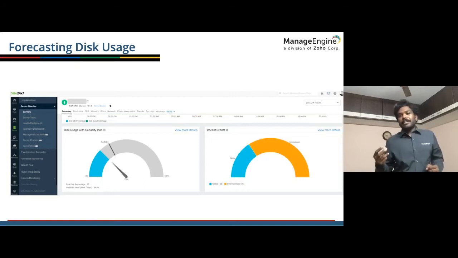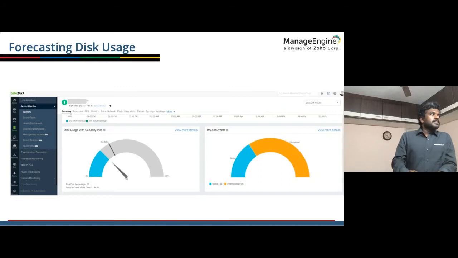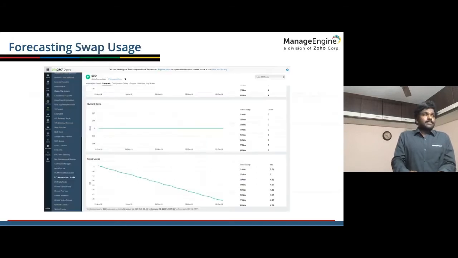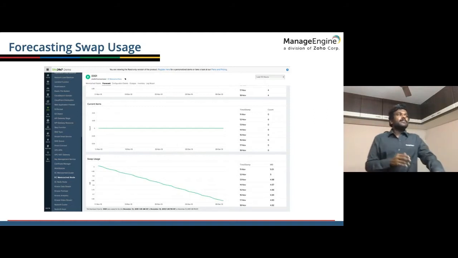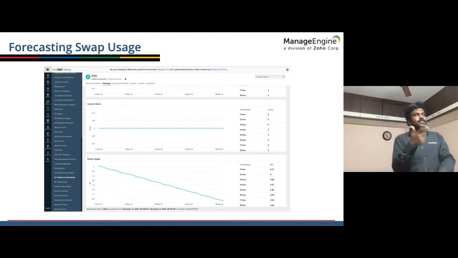And this is the expected behavior on Saturdays because there is no particular activity happening in this enterprise business setup, and so on. Right? So we'll see more screenshots. Again, this is from Site24x7, the monitoring tool. You can see that we are forecasting swap usage here. Now you can see that the swap usage is apparently going down in megabytes, and this is for the last 12-hour data set.